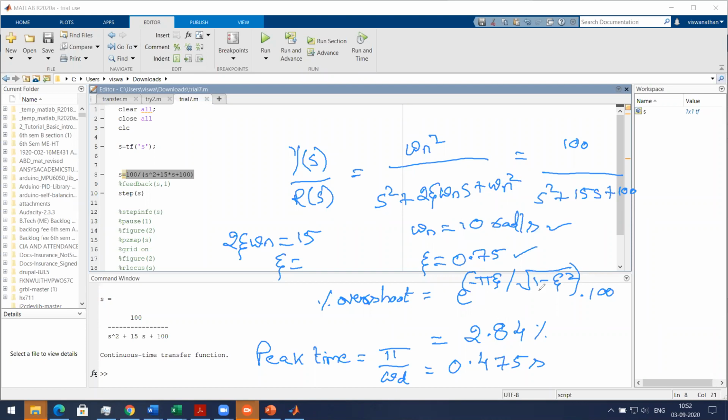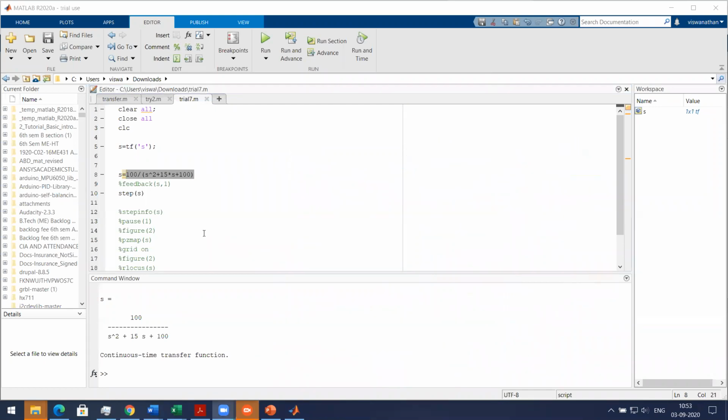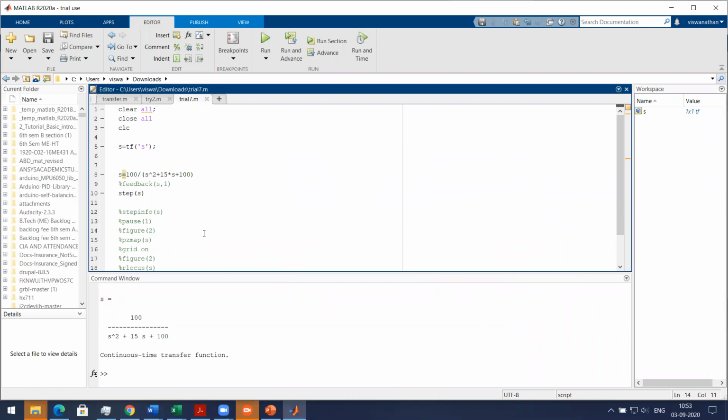Okay. So whatever we are trying to do, the purpose of doing this is to define all the design requirements in terms of zeta and omega n. That is the purpose. If I say the zeta value and omega n value for a second order system, I am defining all the design requirements for that system. Any questions on this? Okay, we'll just see how to do this on MATLAB.